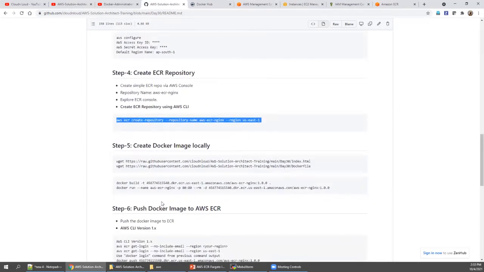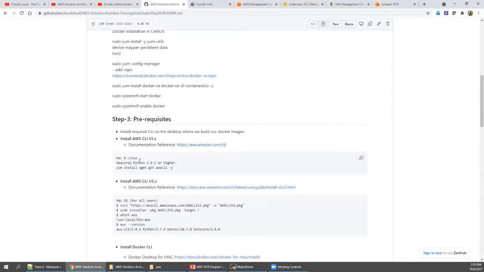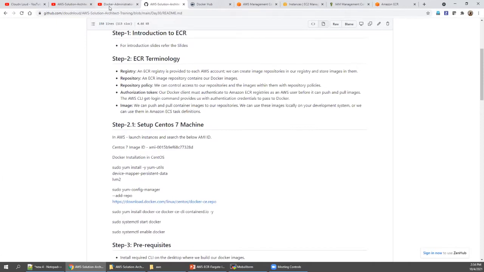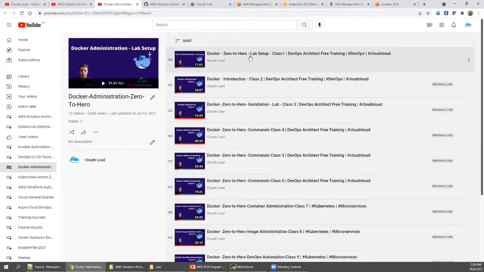You also need the Docker commands, because you need to change some tags. Basically what we are doing is creating a custom image and pushing it back to the AWS repository, so in order to run those commands, you need Docker. That is why I really prefer that, before starting today's hands-on lab, you go to Docker administration and complete all the exercises. Apart from one, everything is going to be hands-on.